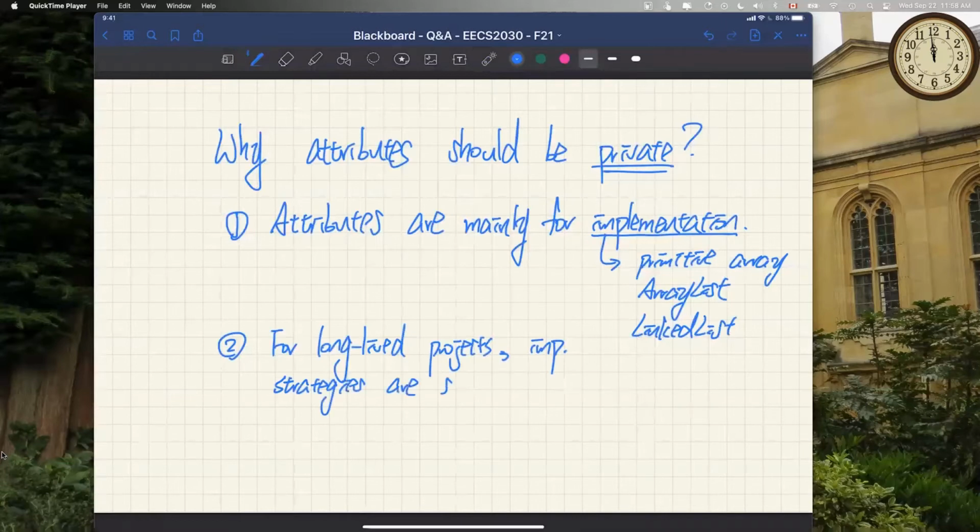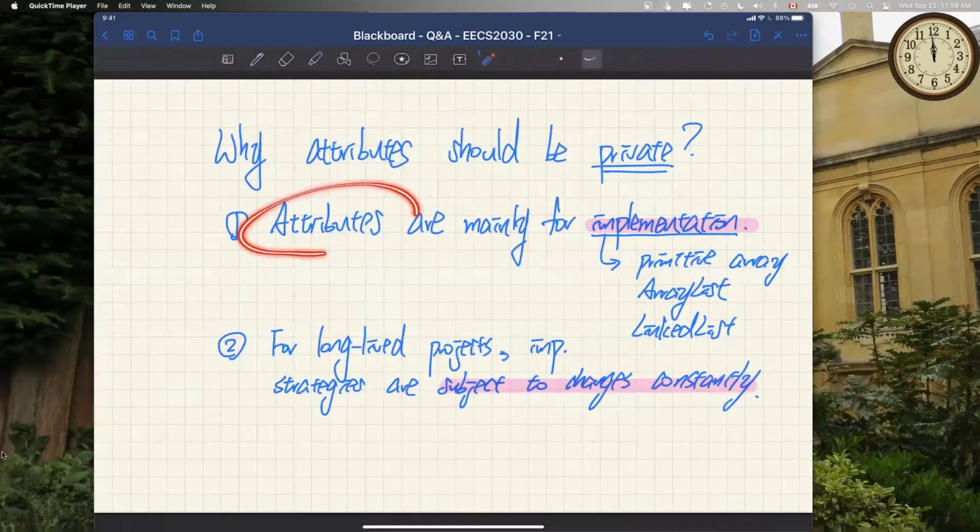Are subject to changes constantly. Right? So the two highlights I want to make is, number one, attributes are mainly for implementation, and implementation are subject to changes constantly. So that means your attributes are subject to constant changes as well. It should be for long-lived application or projects, okay? So the consequence of this,